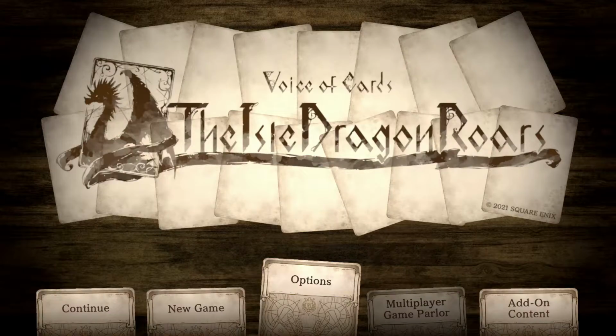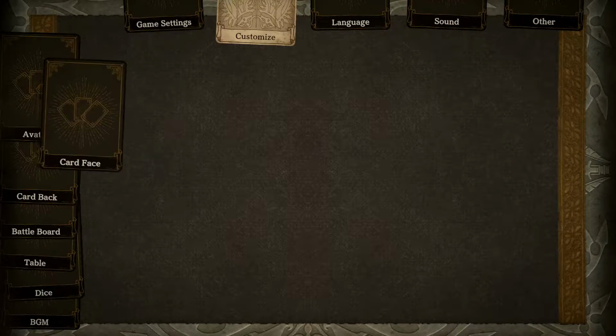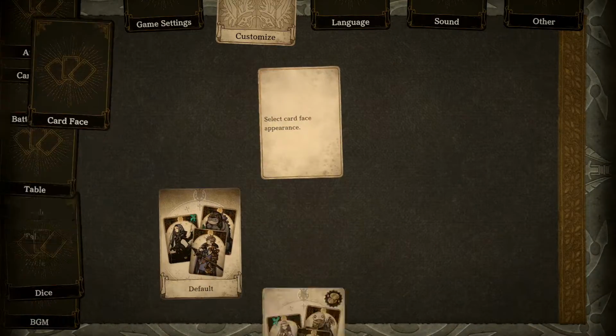...with mystery, and this is a strange place to start, isn't it? We were in the Western Cave, and now we're in the title screen? Well, you might be asking that. I got a bunch of DLC that I'd like to try out, so I've already changed the avatar to the traditional avatar, so let's go with...